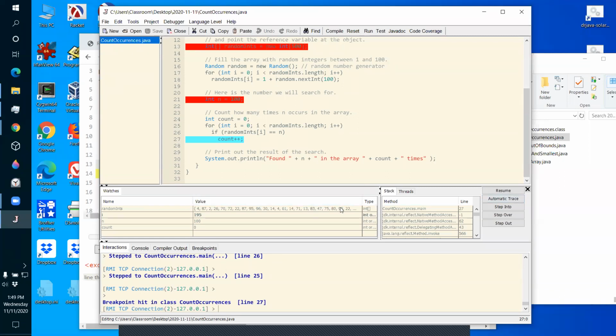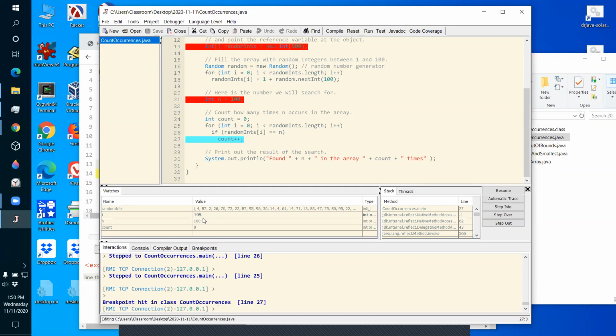I can't look in the array and see that. How do I find out if there's another 100? You go back into the loop. How? What do I do here? I've hit this breakpoint. So that means the index i tells me that that's where there's a 100. At i equal 195, there's a 100. So I know there's a 100 at i equals 195. How do I find out where the next 100 is?